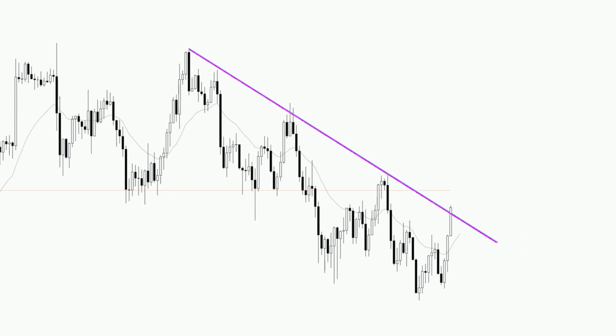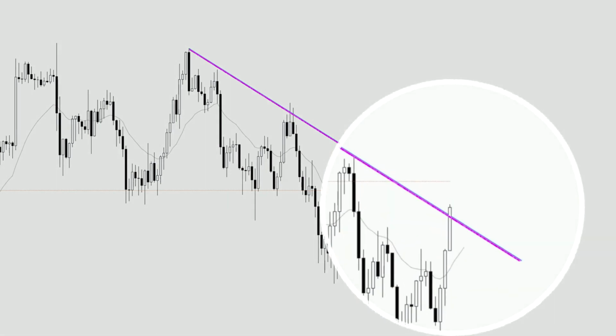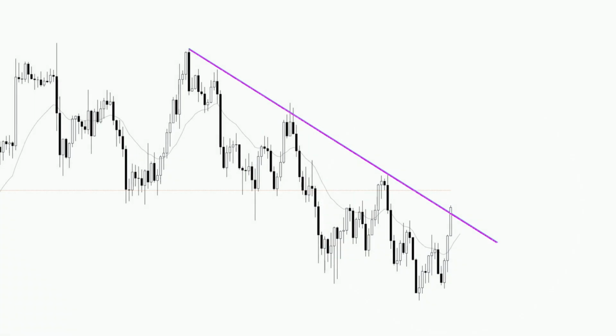Some people will enter a long position as soon as the price breaks above this declining trend line. However, if you enter like this, where should you set your stop loss? In my opinion, the best stop loss should be below this stage point. At this time, what advantage does your risk-reward ratio have? If you have rich trading experience and excellent trading skills, you can set your stop loss here, below the breakout